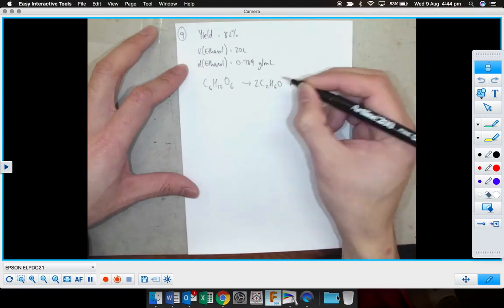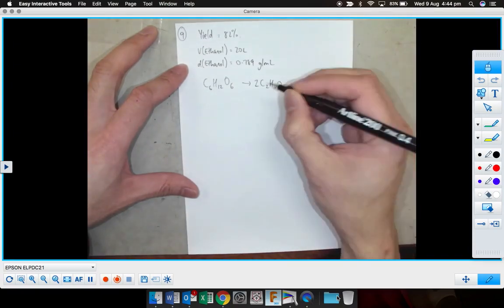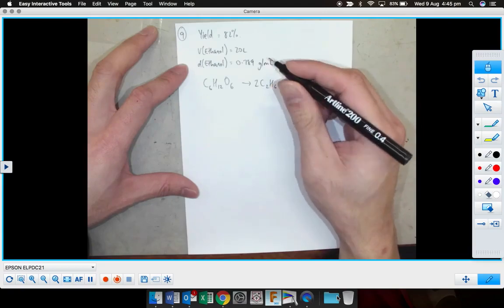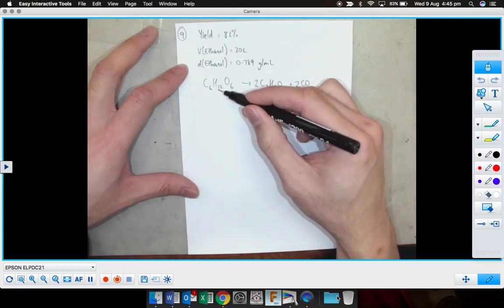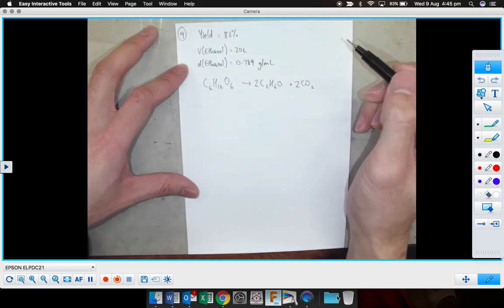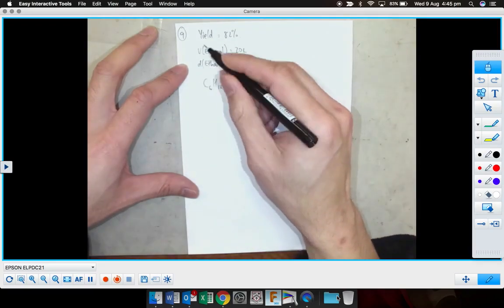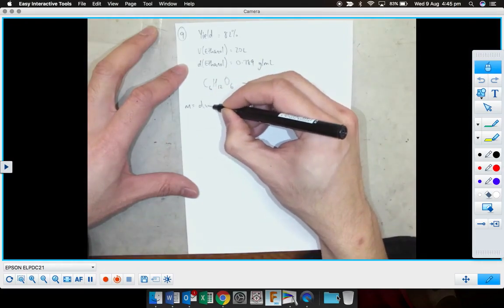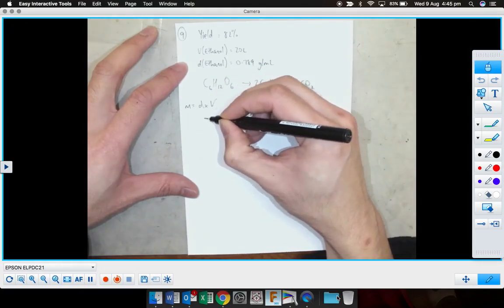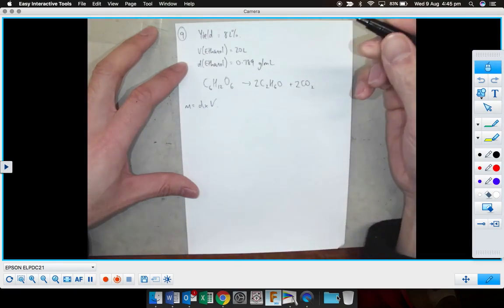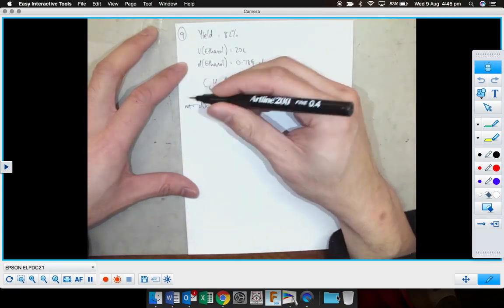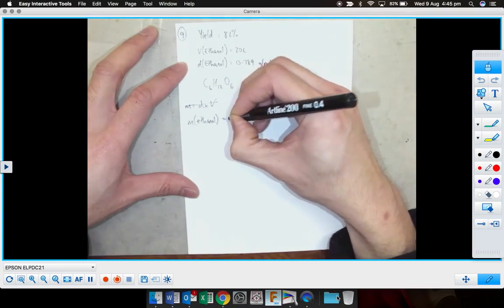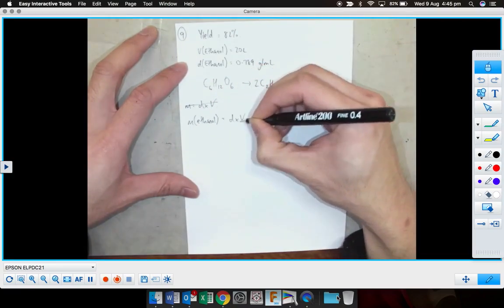All right, so first of all, we need to work out the number of moles of ethanol that we actually have, because we're going to need to work out how much theoretically we needed to have, and then work out how much we needed to make from it. So we're going to use the density equation, where mass is equal to density times volume. And what have I written wrong there? I haven't written what I'm solving. M of ethanol,